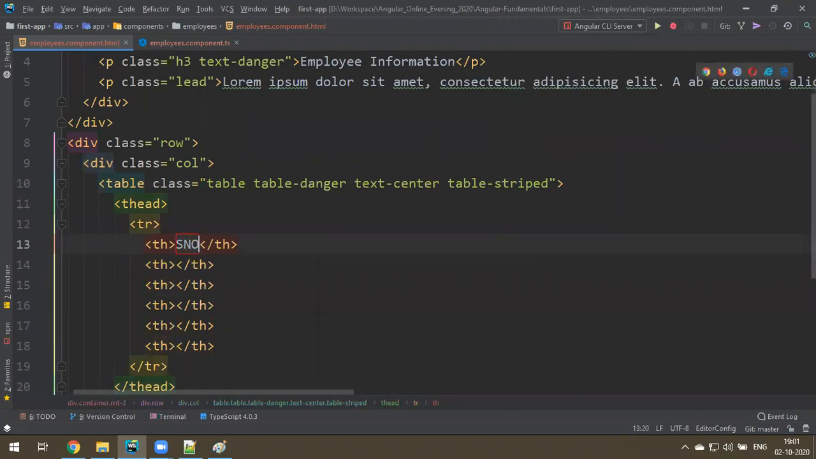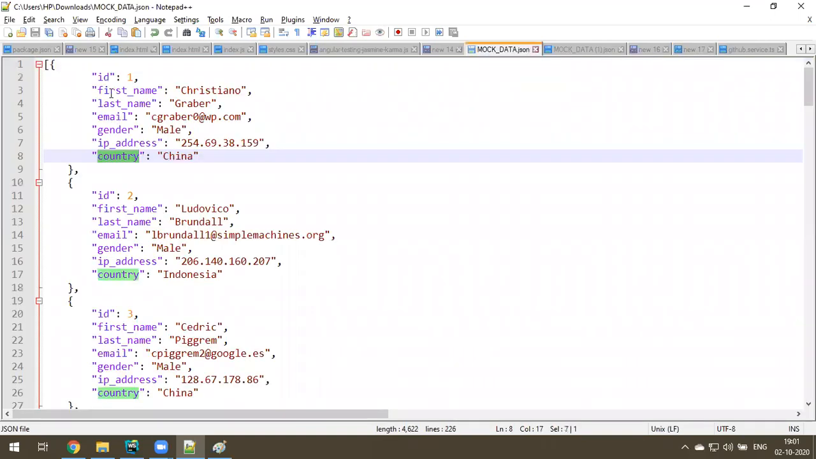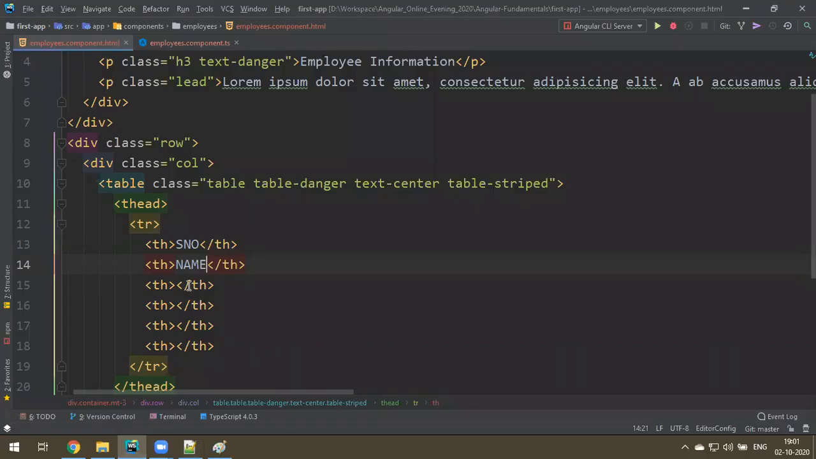First one is serial number and the name of the person. Name, right? What else? One second. Where is that? Yeah, name, not name. First name, last name, email, gender, IP address, country. Okay. First name, caps. First name